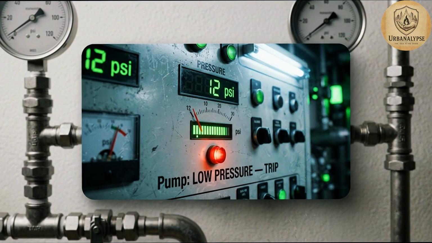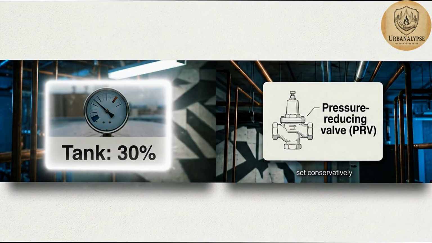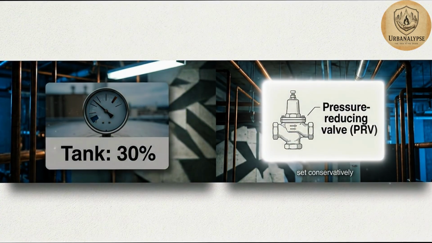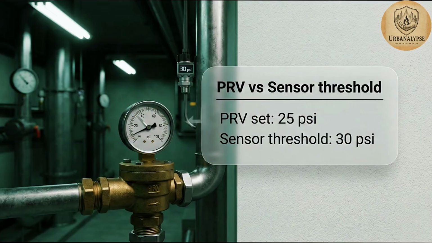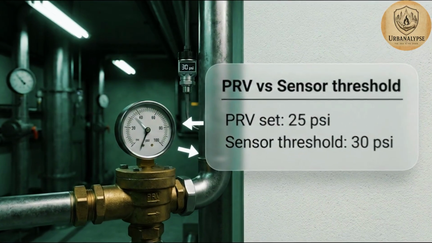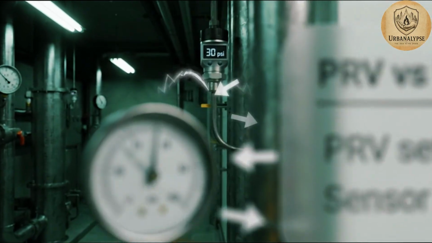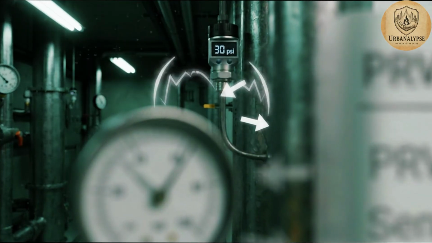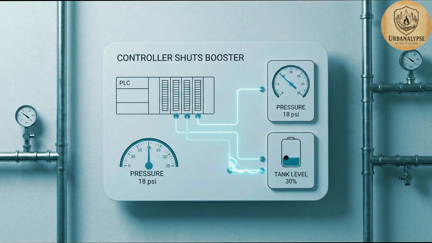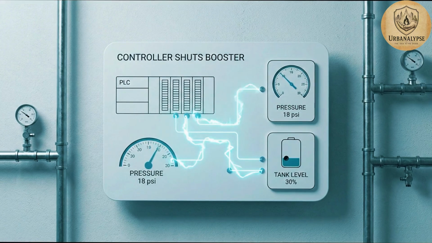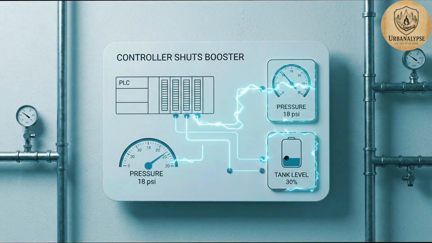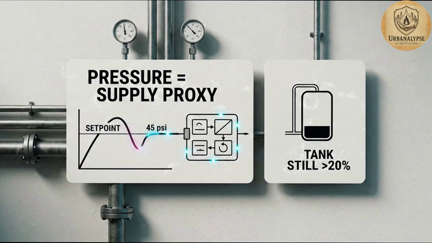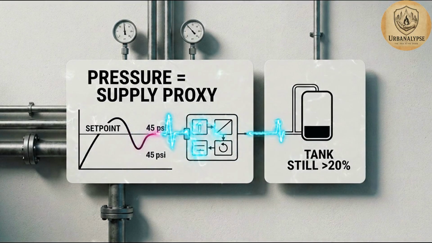The pump reads low pressure. It trips. Tank still at 30%. Pressure-reducing valves compound this. Set too conservatively on high-zone risers, they shave head below the sensor threshold required to confirm supply. The controller shuts the booster. The thermodynamics are unambiguous. The pump did not stop because water was absent. It stopped because pressure, which the control logic uses as a proxy for supply, fell below a number set at